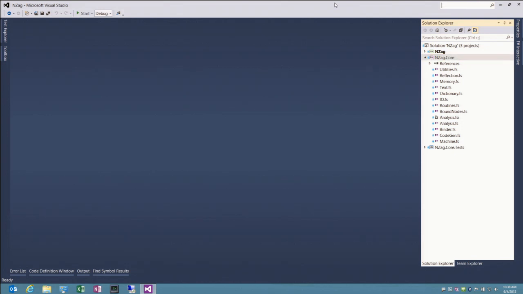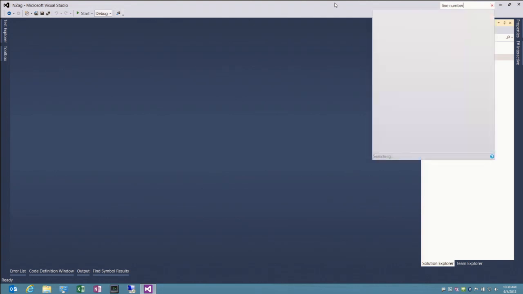So I press Control Q, and suppose, one of the things I'm always looking for is, say, line numbers. I'm always looking for the option for line numbers. And so I can find that fairly quickly. Now notice it's also asking if I want to search for NuGet packages that contain line numbers. So if I want to go and find NuGet extensions that happen to have that, that's another provider for this